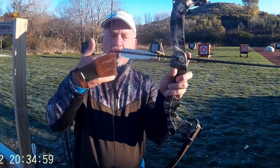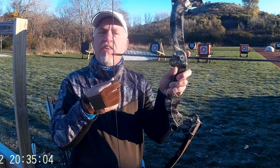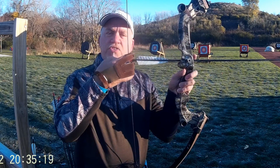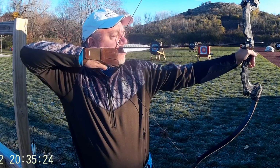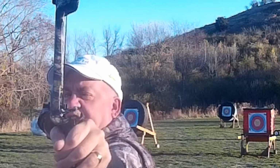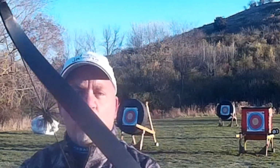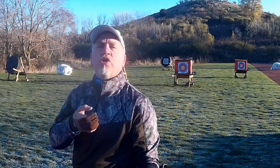It involves changing the gap between the top of your finger and the arrow itself depending on the distance to the target. The idea is that the larger the gap, the shorter the distance. What I do that's different is instead of actually anchoring off to the side and having to look down the side of the arrow like this all the time at my target, that additional parallax ends up throwing your whole sight process off. Instead, what I've actually done is adapt the recurve archery technique, which is where you actually anchor